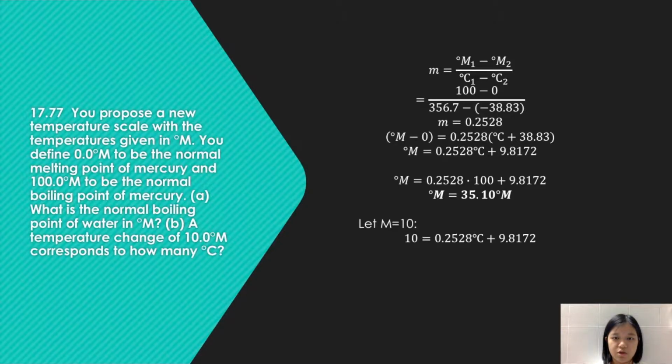And to get the change when M increases by 10, we can just substitute 10 since we know the value of C for when M equals 0. So we'll just substitute that. C equals 0.7231, and we can just deduct the values to get the change in degrees C. So we'll get 39.6 degrees C. And finally, the last problem,